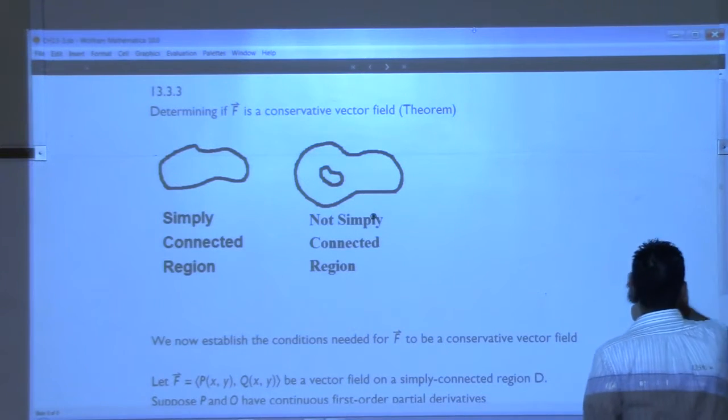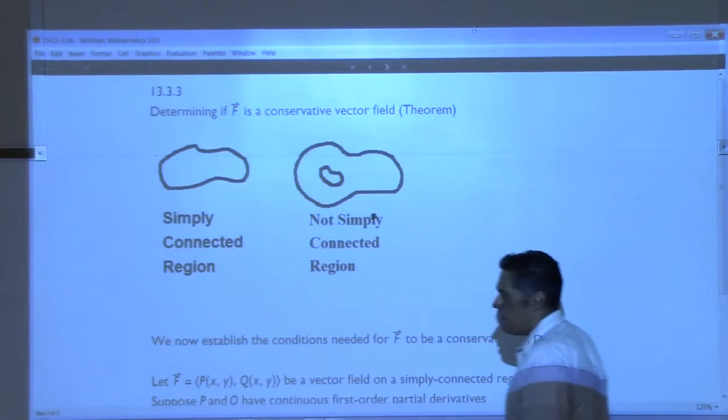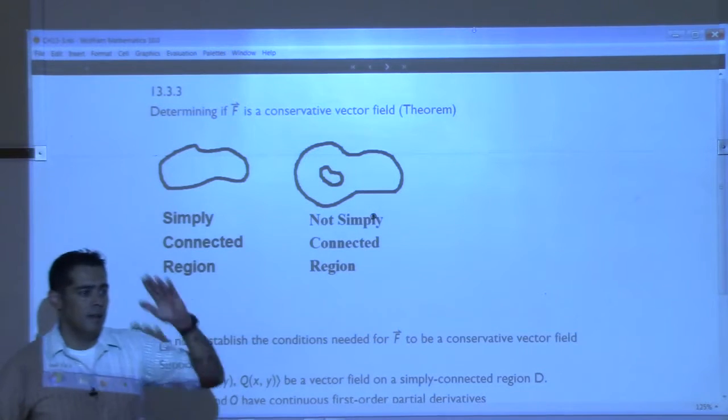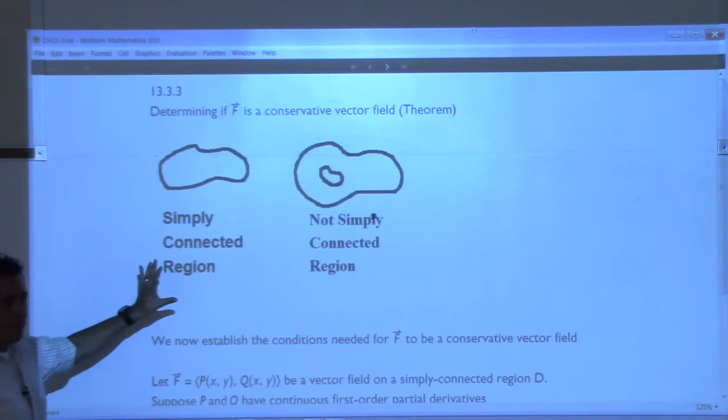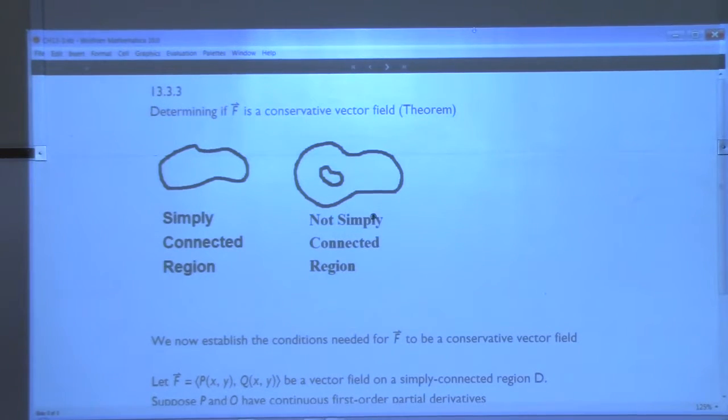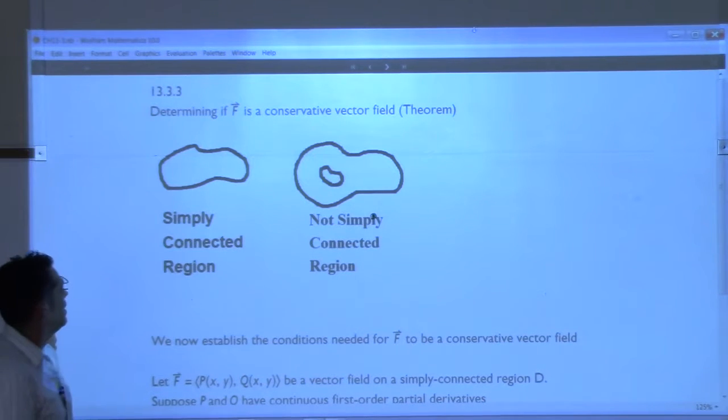We have an easy way to check this, something from a few classes ago. We said, if I give you a vector field, can you tell me whether or not it's conservative? And I said there will be an easy way to check later. We weren't ready for it. So it's time for that now. Here's how we check. If someone hands you a vector field and asks you, is it conservative? Here's how you check. But before we can use the theorem, we have to have a couple of little things